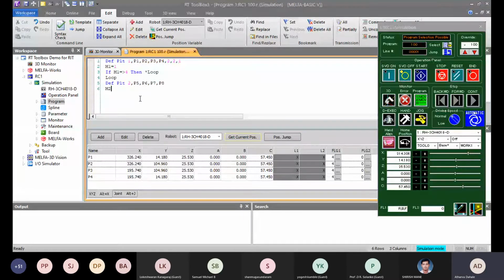Again, I have to define a variable M2. Okay. So after defining the variable, we have to make the increment as the robot picks up one position and then it has to move on to the second position. So we have to increment the variable. So that is M1 equal to M1 plus.